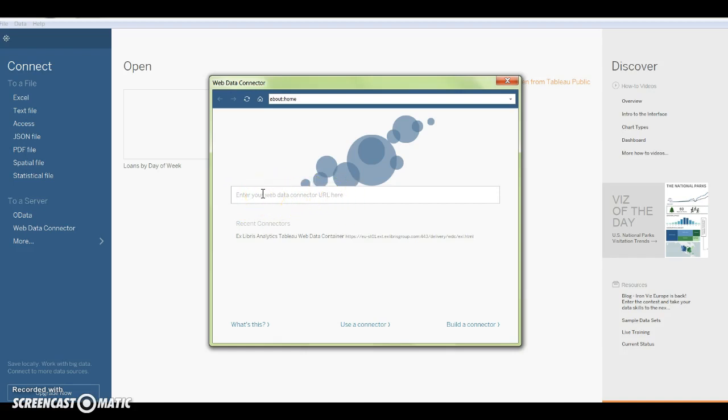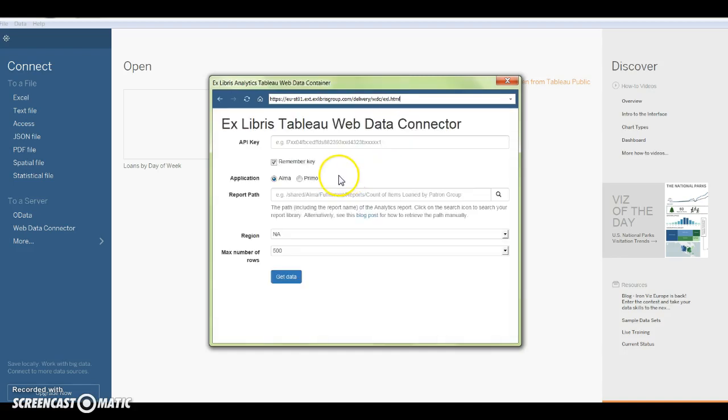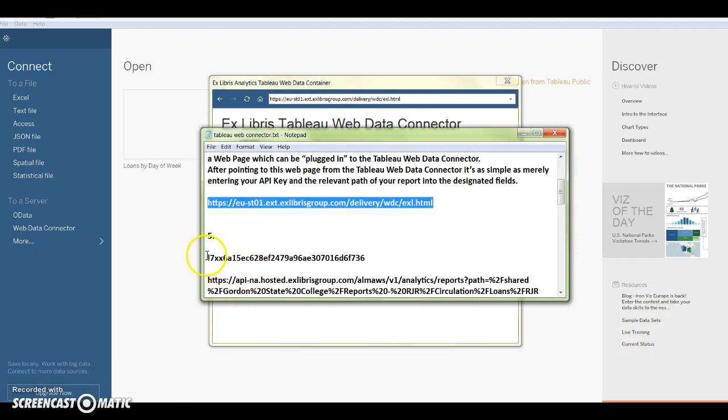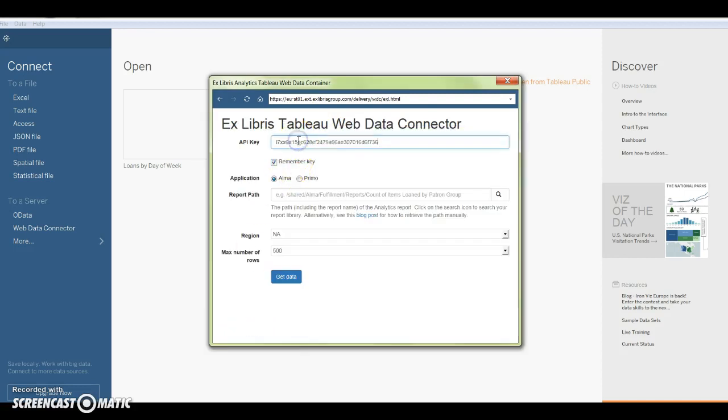Now, what you're going to notice is as soon as I hit Control V, that disappears, but it puts the URL right here. What you have to do next is hit the enter key on your keyboard, and you'll see that it opens up this form inside the window, and you're going to enter things like your API key right here, and then you're going to enter the report path, and you can either